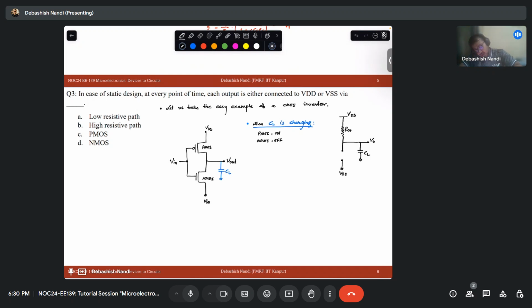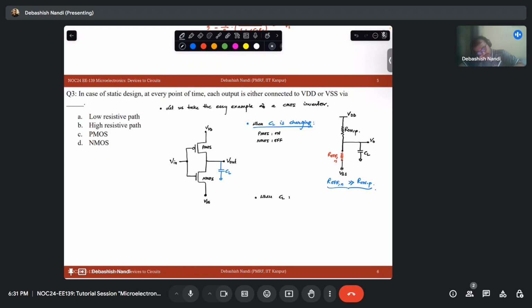Fine. R on P. And let's say you have R of N. So what do you think the ratio of this R on P and R off N is? You can obviously note that R of N is much greater than your R on P, right? Similarly,